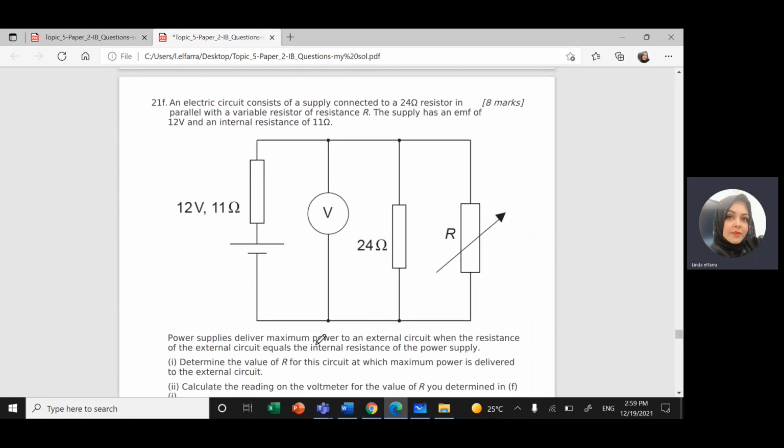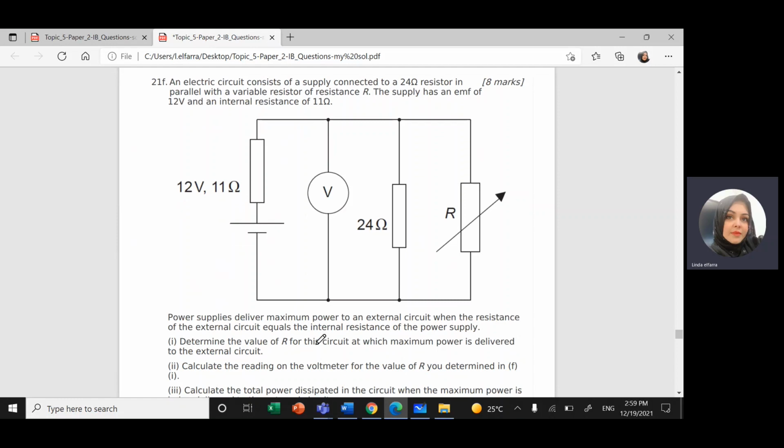Question 21, and 21 is a little bit long. We have a circuit. An electric circuit consists of a supply connected to a 24 ohm resistor in parallel with a variable resistor R. The supply has an electromotive force of 12 volts and internal